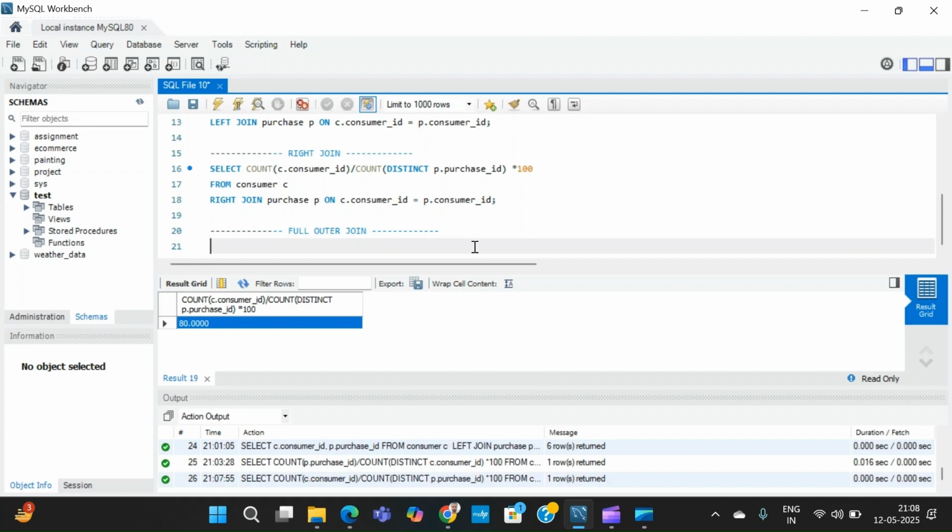There are other RDBMS systems where it works, like Postgres and MS SQL Server, but not in MySQL. For MySQL, you have to do a left join and a right join, and bring them together as a union. So let's say we want to see consumer ID and purchase ID. Okay, so how it looks,